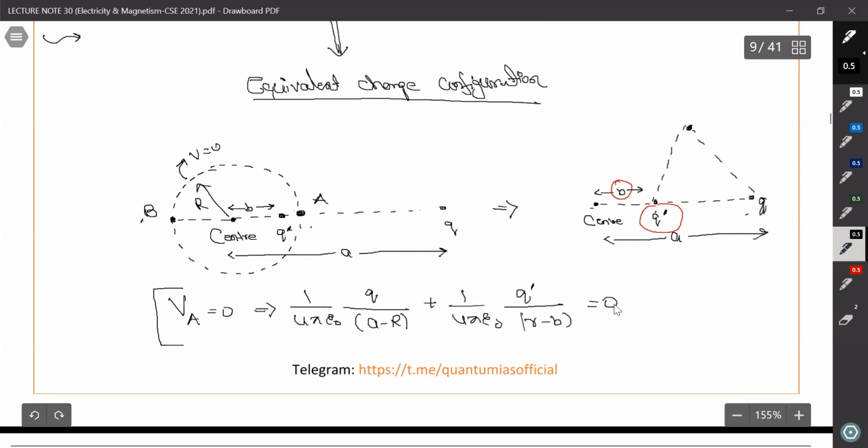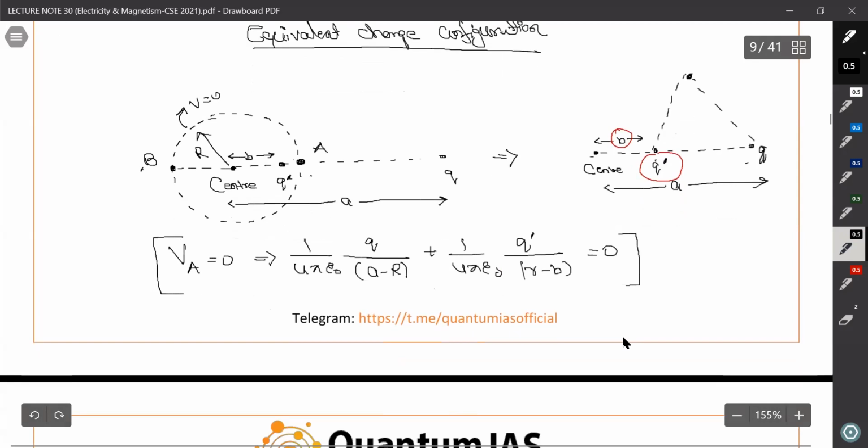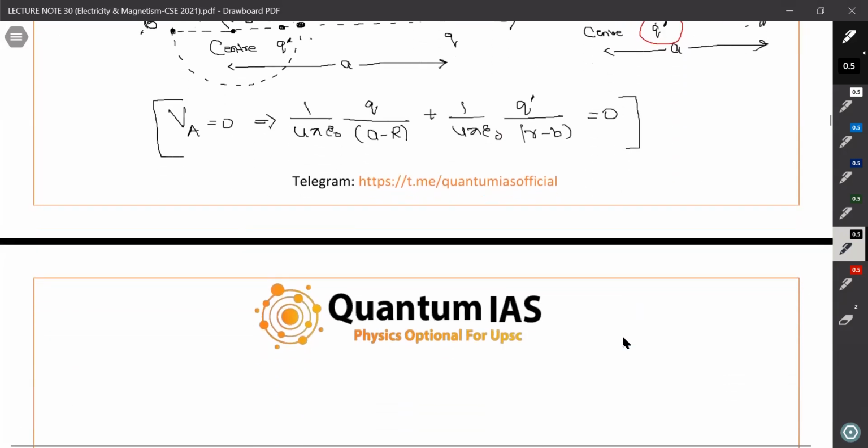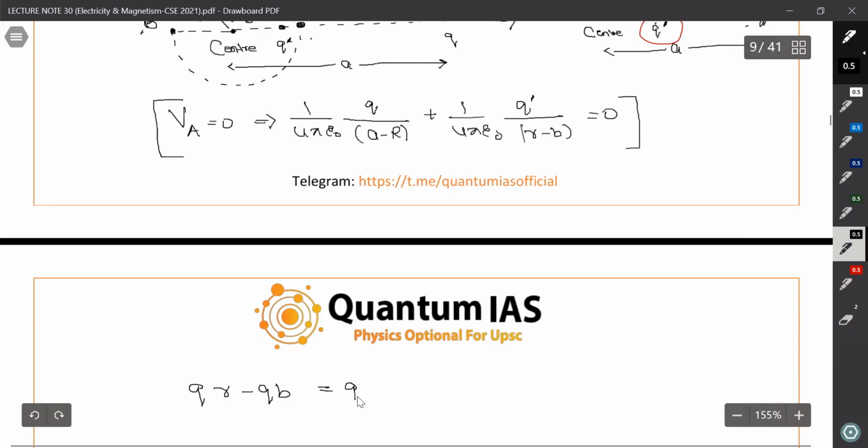One condition is this, because the surface is at 0. From here what we can take away, that Q, multiply these things and we can find it out that Q equals to Q dash. So QR minus QB, right, is equals to Q dash